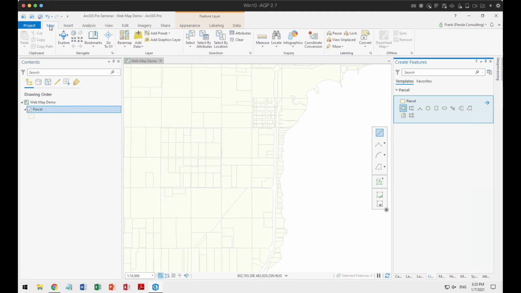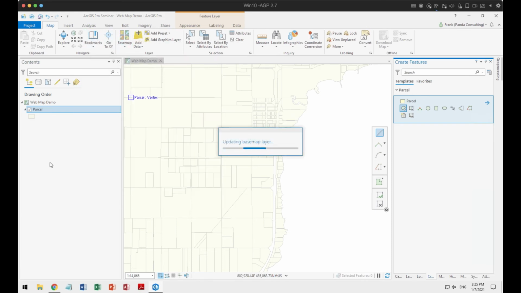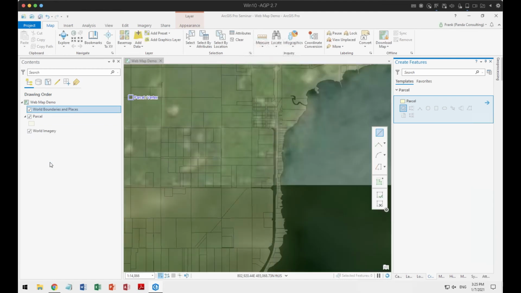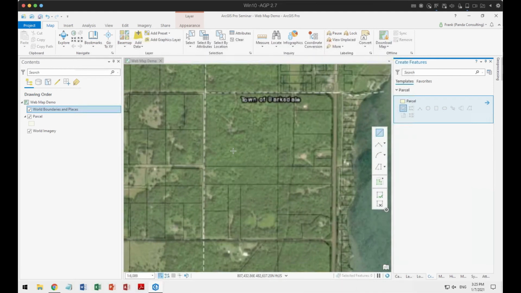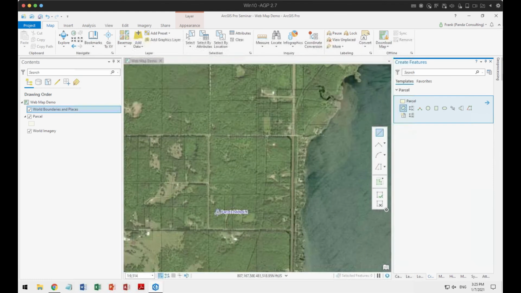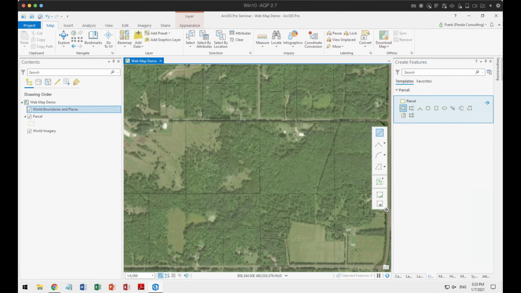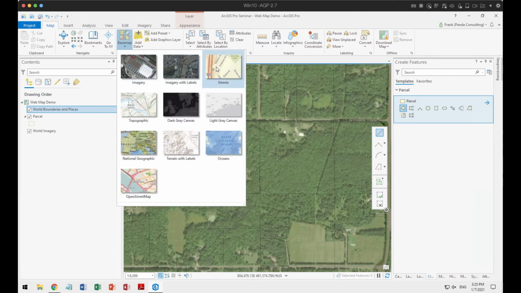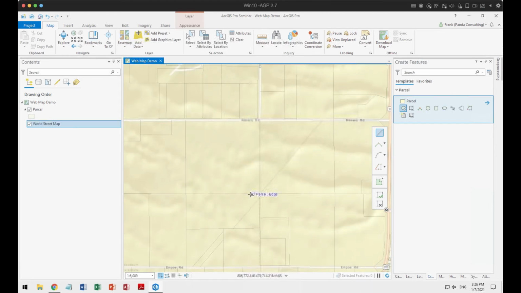Let's go back to our map and add a base map here. Let's just do imagery and labels. You'll see this is primarily just an aerial image file, and it's got some layers on here. I'm not quite sure that having the polygons actually symbolized is helpful to me. So maybe I'll change my base map to a street base map, and then change this layer